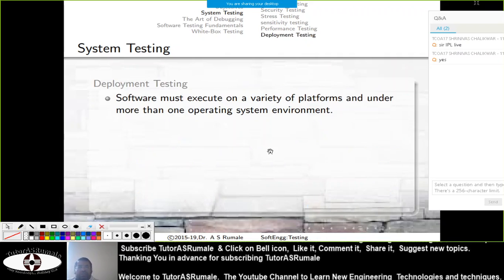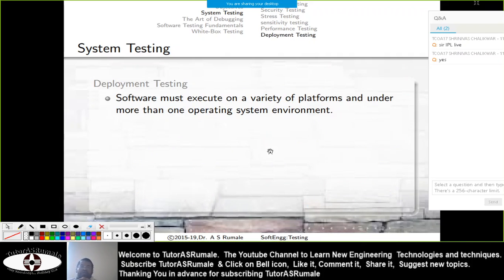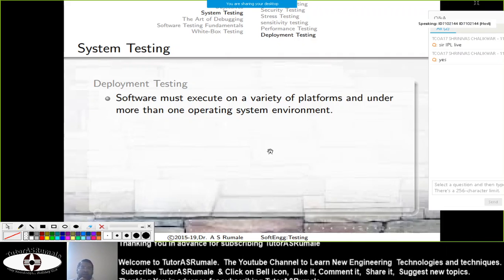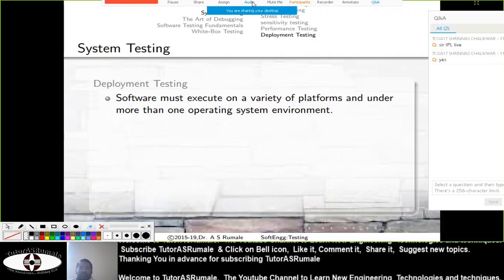Once all these testings are done, we require to do the deployment testing. Deployment testing, as software must execute on a variety of platforms and under more than one operating system.